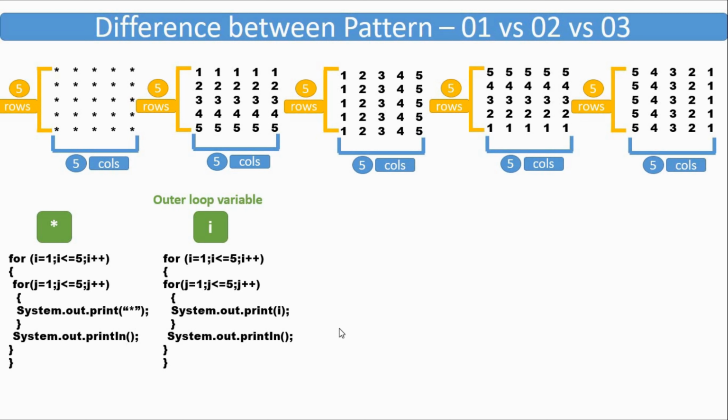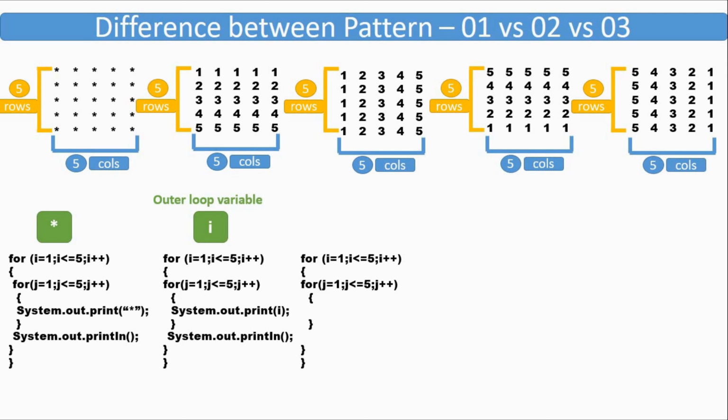Now let's see the third pattern here. The number of columns and number of rows are again the same as the previous pattern. So we will copy the previous pattern's outer loop and inner loop code here. Let's try to find out how many changes we need to make this pattern. The outer loop is running 5 times, no change required. The inner loop is also running 5 times, no change required. Now see what value is printing here.